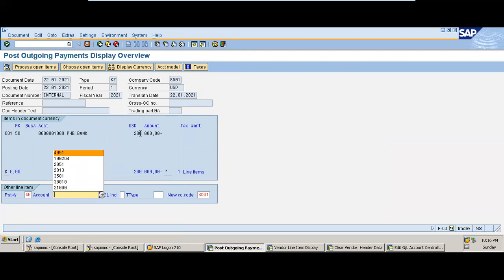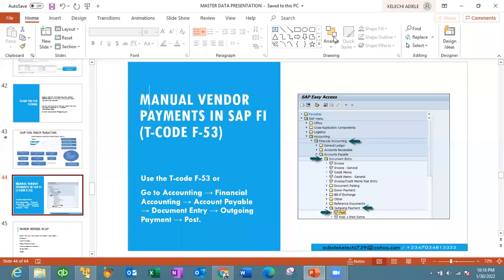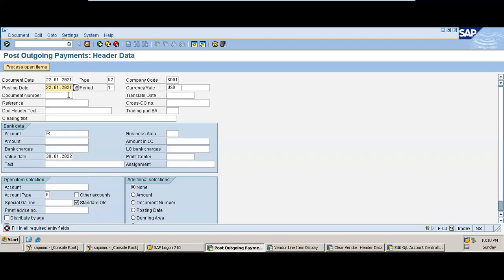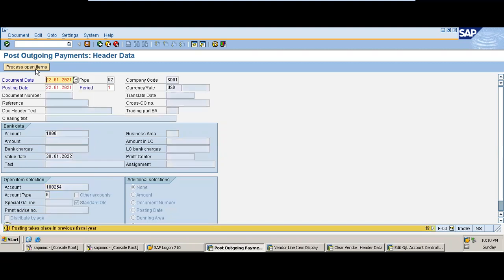So this is making the payment. So debit. Okay, let's just see this. If the error persists, then we'll need to just explain the process and sort that out later because we need to